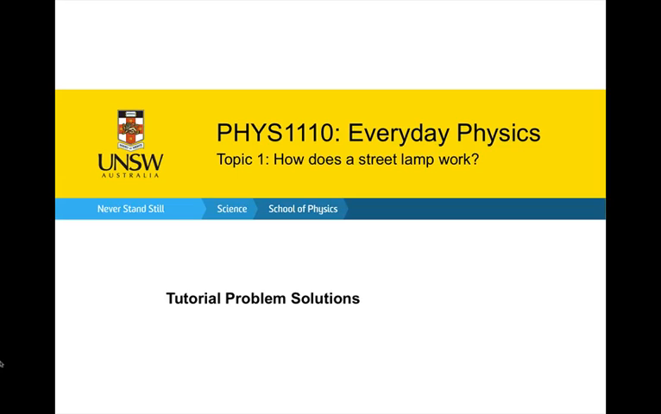This video is going to cover the solutions to the tutorial problem based on the question, how does a street lamp work? Problem 1. We're asked how many electrons would you need to add to a sphere to give it a charge of -2